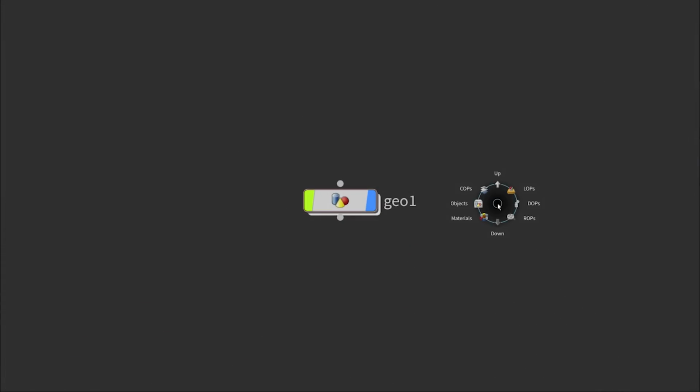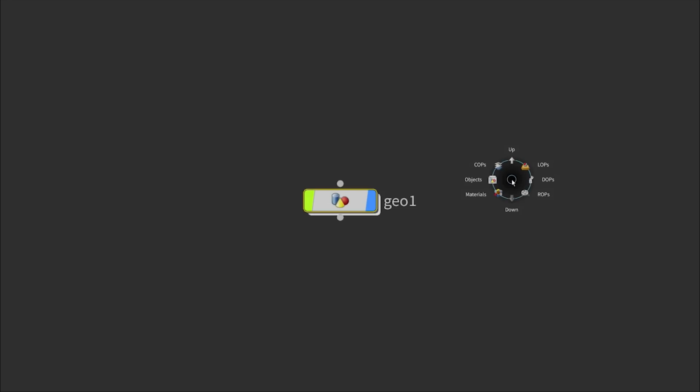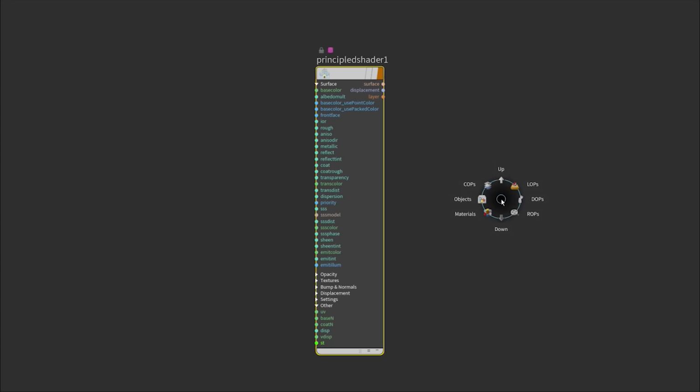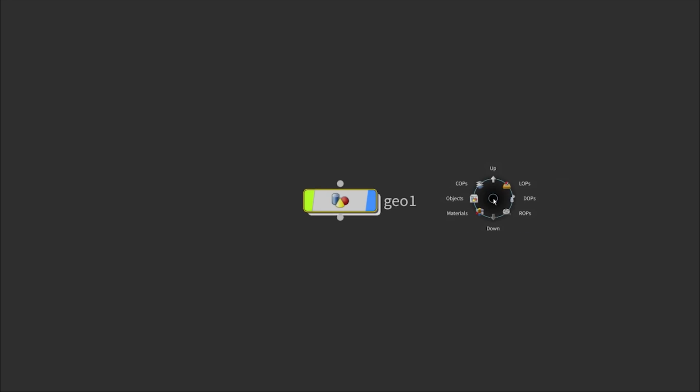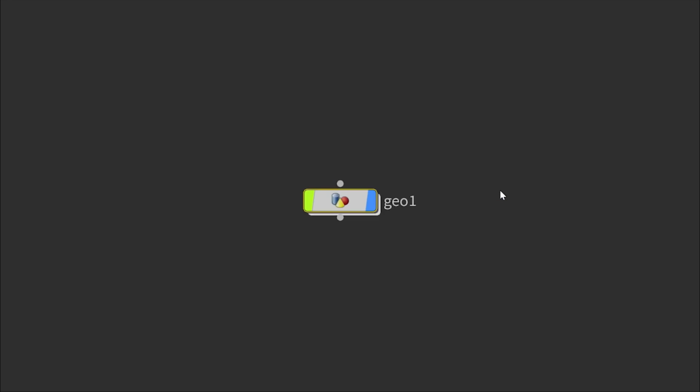Just as an aside, since we talked about the dynamic radial menus, we've also added the ability for radial menus to exist in the network editor. So here we're just looking at one of our default navigation radial menus that lets you jump up and down networks, jump to different parts of your network. And so adding this ability into the